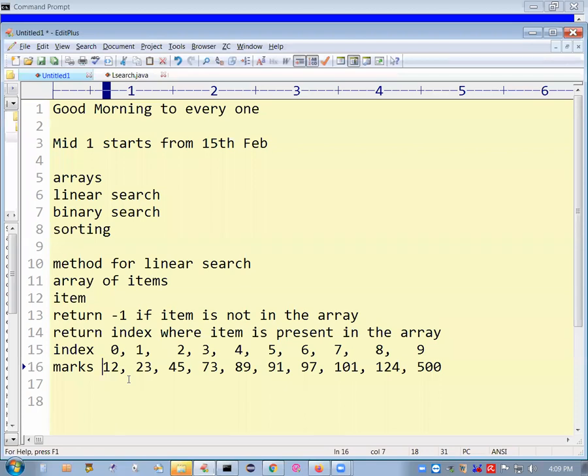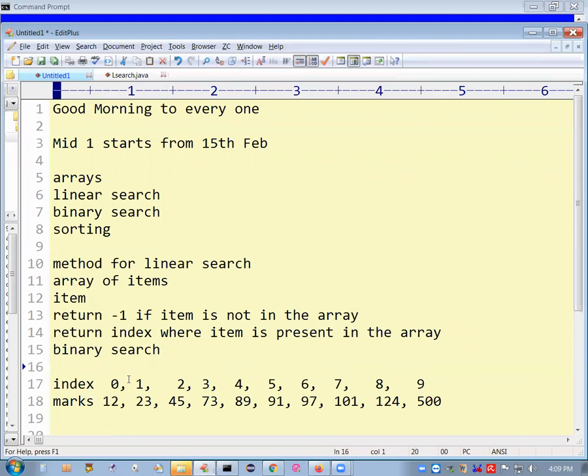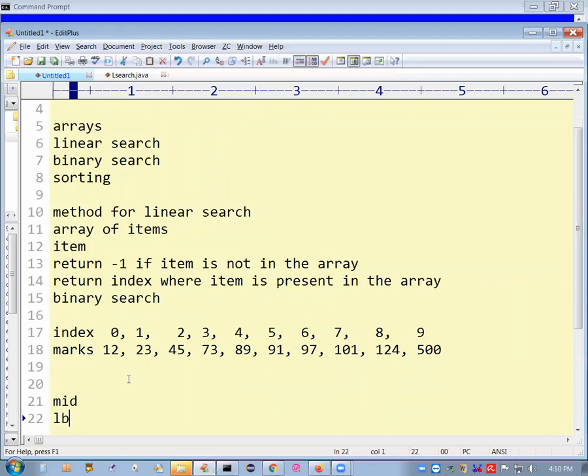Now, the actual logic in the binary search is that you will have to find the middle element, mid position, mid index, you can say. To begin with, the items that you want to search are there between lower bound and upper bound, as we normally call them.